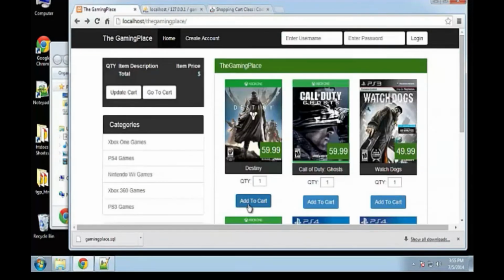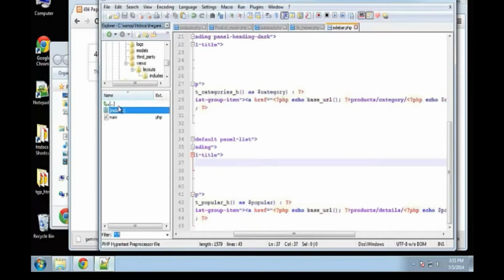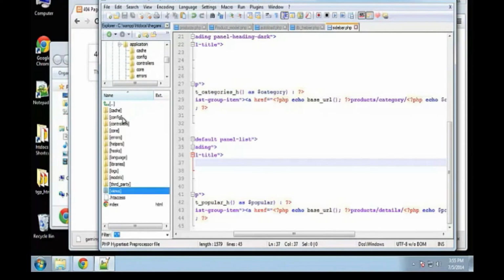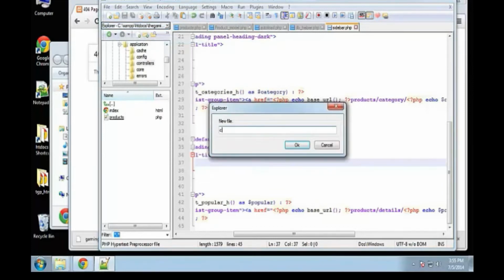Ultimately if we click add to cart, it's going to go to the cart controller and then the add function or method. So that's what we need to create. Let's go ahead and go into controllers in your application folder and create a new file, and I'm going to call this